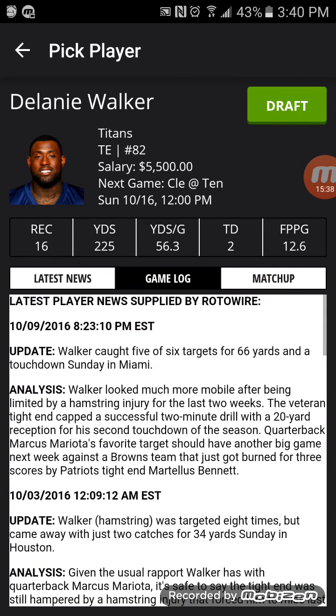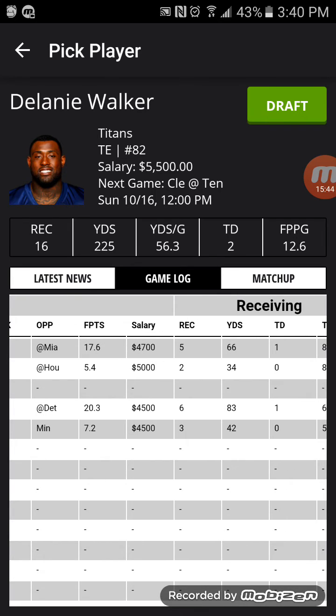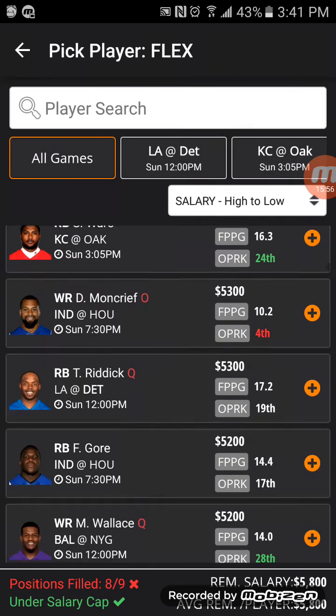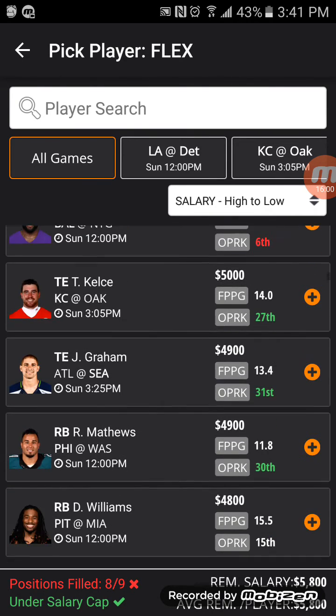Delaney Walker against Cleveland. I mean, he's not super impressive this season. He has 2 touchdowns, 16 receptions, not putting up phenomenal numbers. I don't know why he jumped up $800 after getting a 17-point outing last week. Makes no sense to me, but that's fine. But honestly, I think we should go see where we can go a little bit lower and maybe bump up